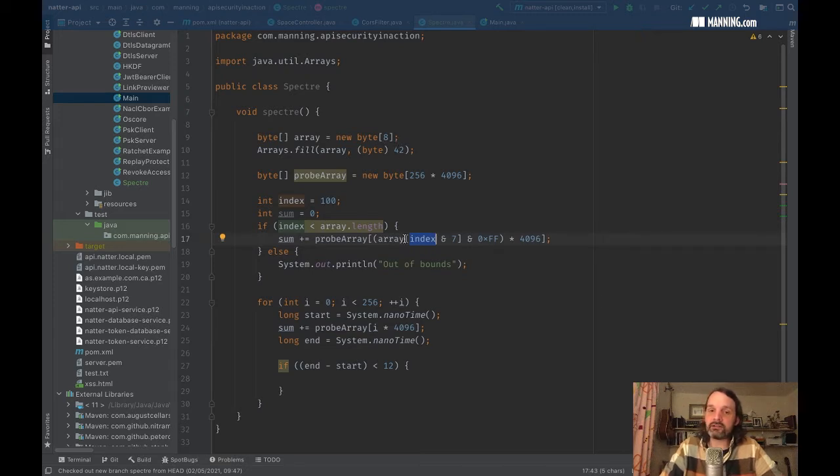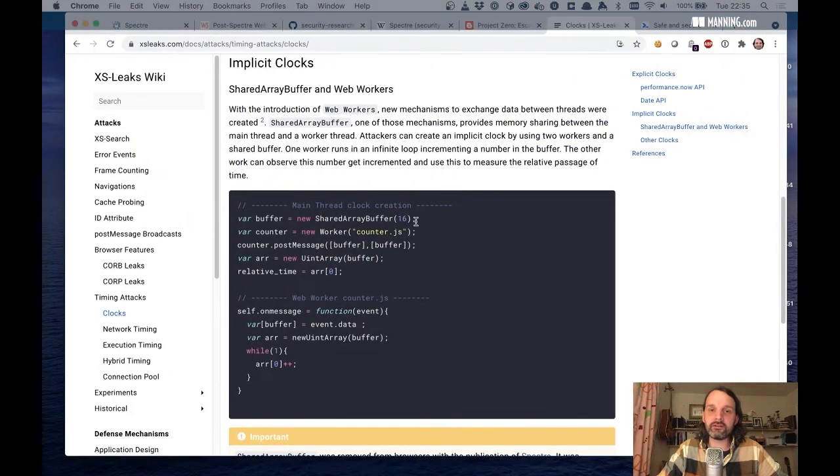of length 8. And so it means that even if you try and speculatively execute, you can never actually read beyond the end of the array, because the code is going to restrict that index to within that. This works only if the array length is a power of 2, so 1, 2, 4, 8, 16, 32, and so on. If it's not, then what Safari does is round up to the nearest power of 2 and take away 1 and use that as the mask. That works quite well for small arrays, but if you've got a really large array, 16 kilobytes or more, then potentially the next power of 2 might be quite a way up,